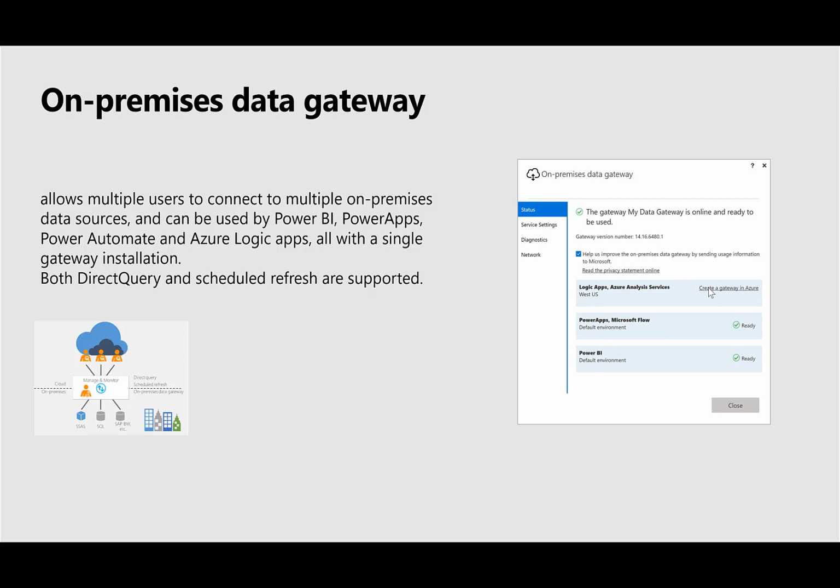Okay, and this same gateway that supports Power BI is also used by Power Apps, by Power Automate, and by Azure Logic Apps. It's through this on-premise data gateway,